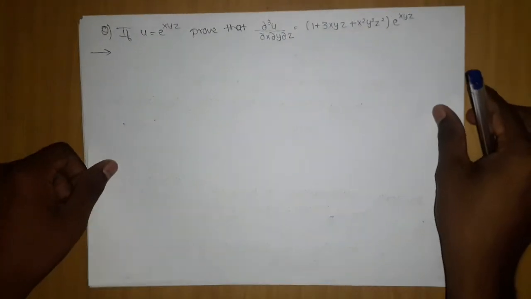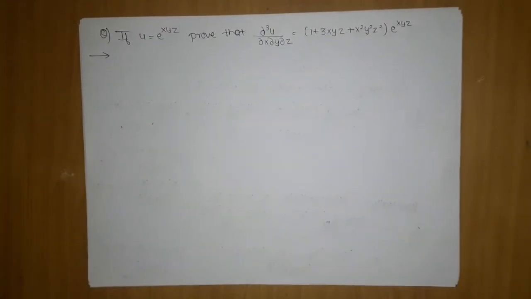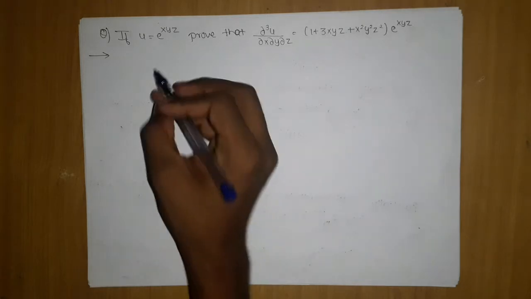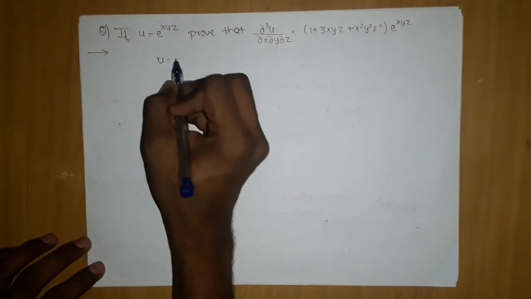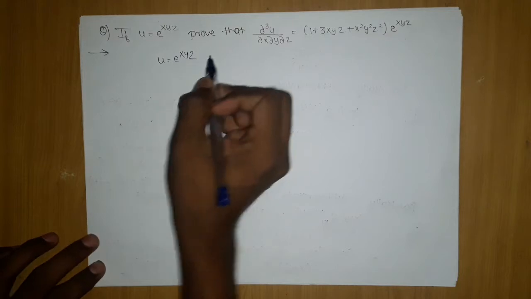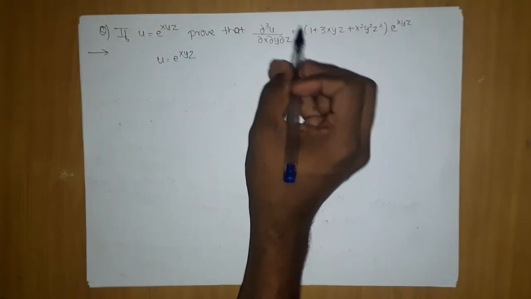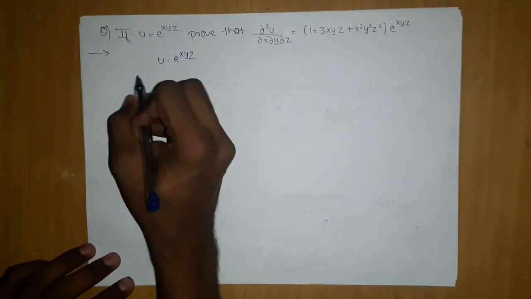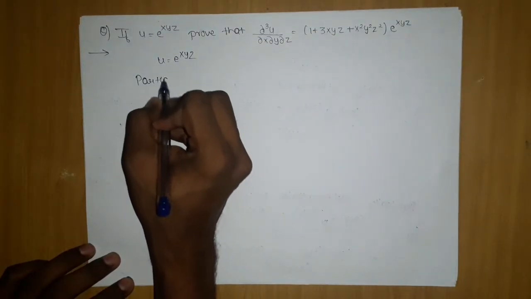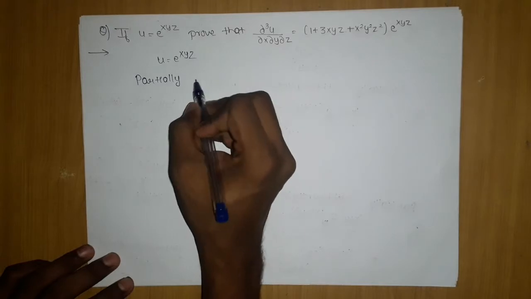The next question is this: if u equals e power xyz, prove that dou cube u by dou x dou y dou z equals 1 plus 3xyz plus x square y square z square into e power xyz. We have our standard function e power xyz. We will first differentiate it partially with respect to z, then that with respect to y, and then that with respect to x. So partially